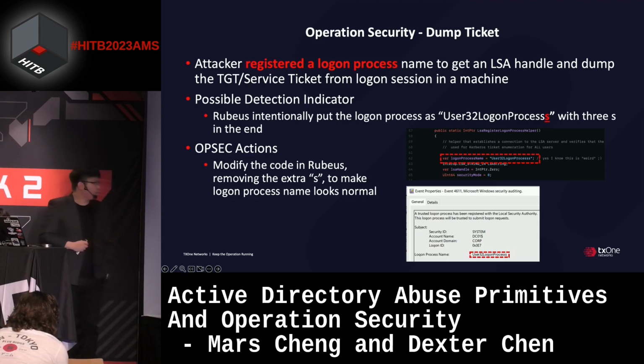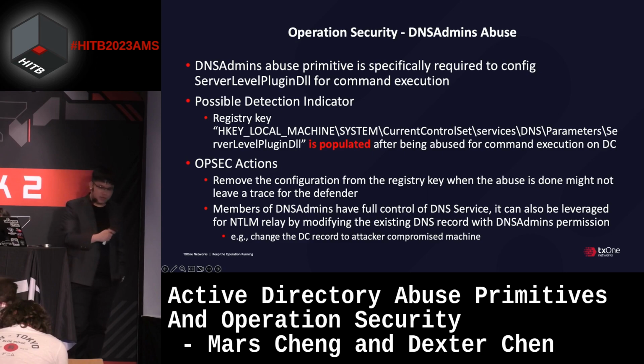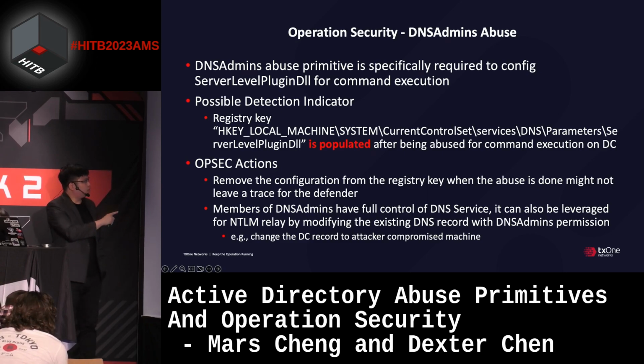So make this to remove the extra S here. Okay, so it's dump ticket. Then DNS domain abuse. So we know that after DNS domain abuse, this detection indicator is the registry key is populated. So we need to perform the attack action, which is to remove the configuration after we complete this action,